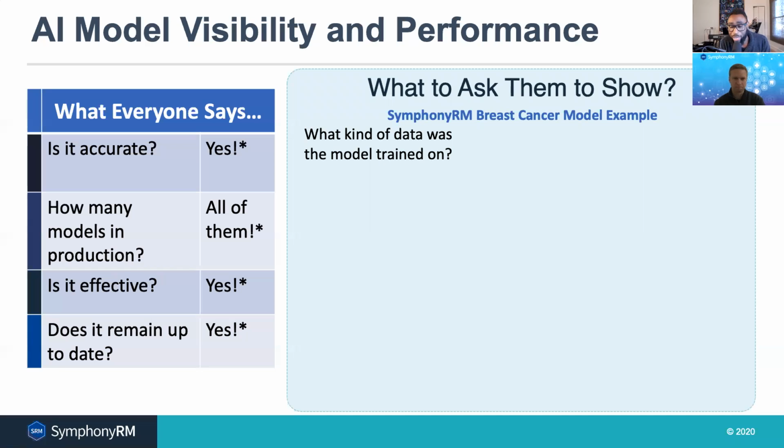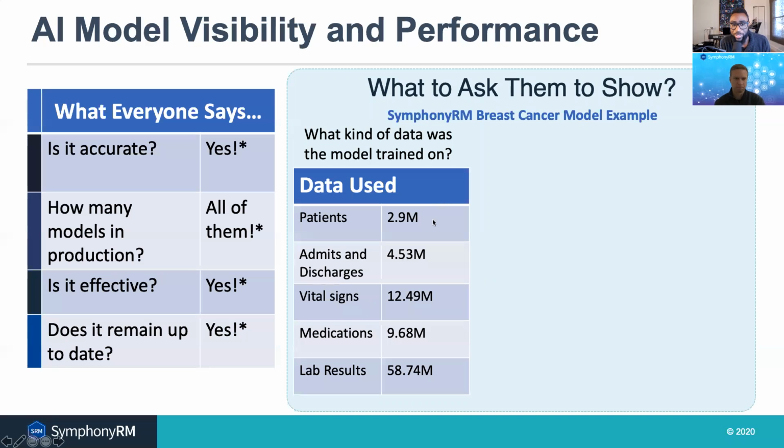So the types of questions that we can start asking, we're taking from the breast cancer model example. What kind of data was the model trained on? The reason to ask is that you want to see how many patients were involved, what kind of information was used, and most importantly, what targets were used, what codes were potentially used to identify these targets. That starts answering the question: is the model training on data that's going to be valuable to the target metric we're going for? Whatever the model is trained on is what it targets, so it has to be trained on the right things and with the right data.